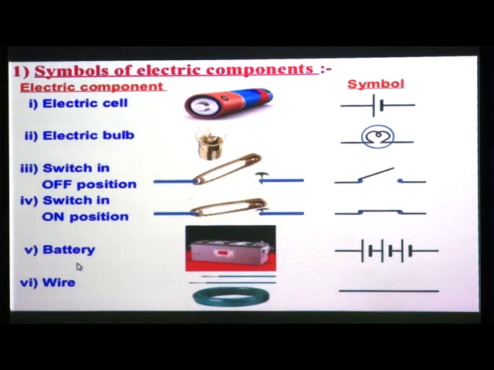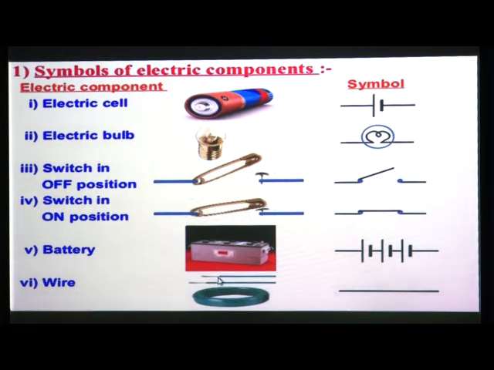Then the next one, sixth one, it is a wire. So the wire is shown here. This is a wire, two lines you can see here. So these two wires are not insulated. It means they do not have a cover. See carefully, this part only, which is not in blue color. Here you can see the light blue color is there. The wire which is not showing blue color at one end, you can see both these wires are not blue in color. It means these are not insulated, they are not covered with an insulator.